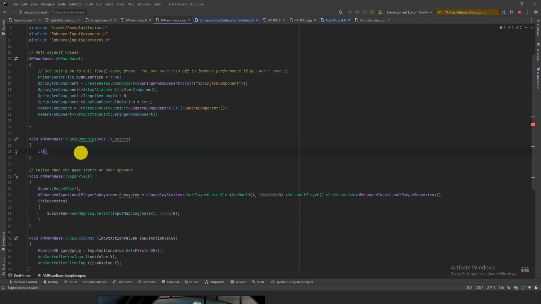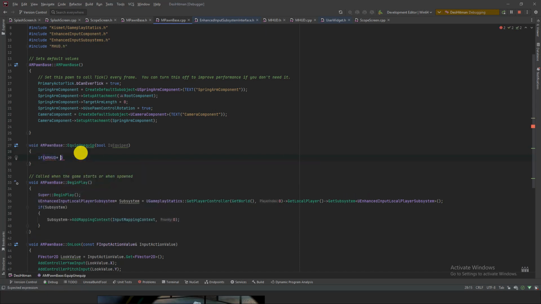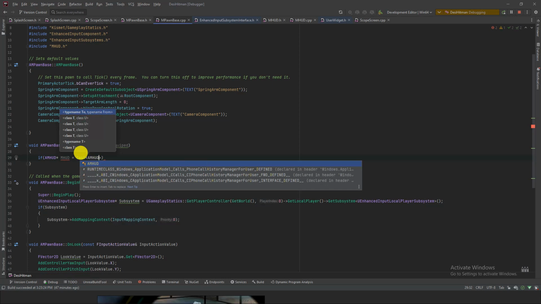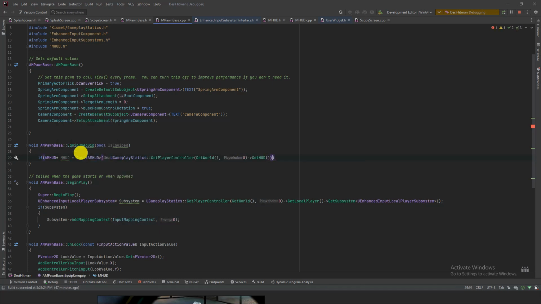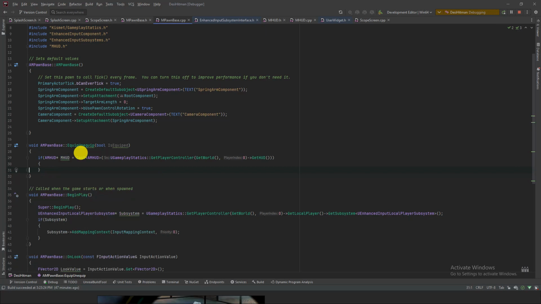If our herd is herd... sorry, star herd is equal to this, nope, let's cast it to the herd. Okay, so we haven't created the function to add that widget on the screen and to remove